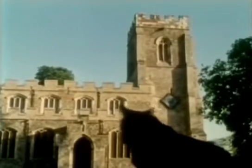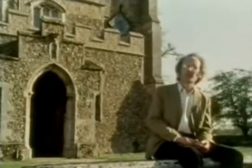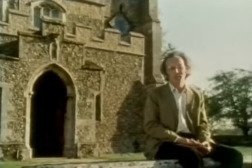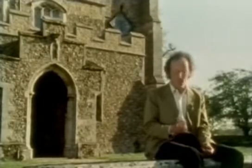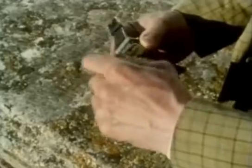Our word clock comes from the French cloche, meaning bell. This particular clock is one of the oldest still working in a church. It's about 400 years old. Although it obviously doesn't look at all like a quartz watch, the principles on which it works are really remarkably similar. If I take a quartz watch to bits,